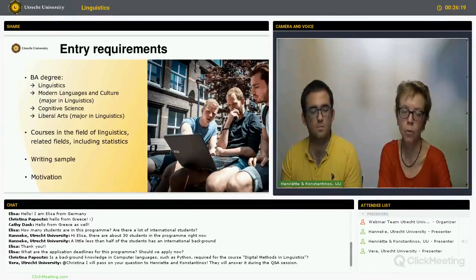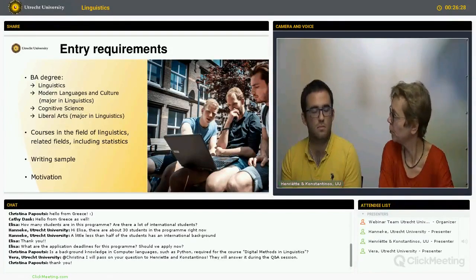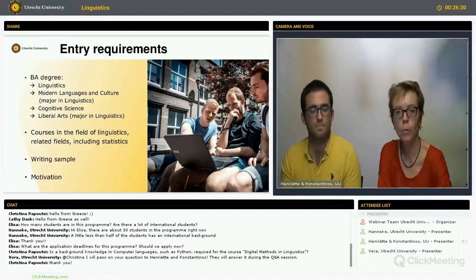And that is because our research in Utrecht is very empirical. We do corpus research, we do experiments, we do questionnaires, and almost all this empirical research requires some form of data analysis, right? So that's why we use a lot of statistics in our research, and we simply don't have time to teach you that in the master. But we also know that some of the BA programs do not offer such courses. So if you have a problem in that area, you can email me and I can guide you towards online sources that can help to remedy the situation.